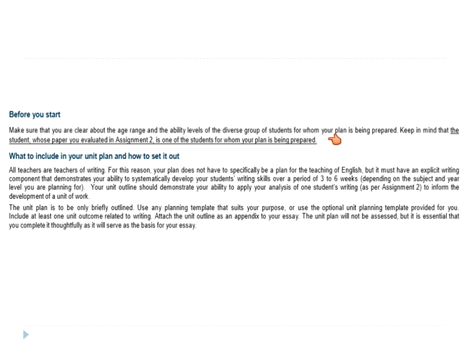And so make sure that you're very clear about the age group. Refer to Assessment Task 2. You evaluated a student work sample. That's the year level you should be working with. Explain whether all students are of the same skill level. If you assess that student as being a competent student at that year level, competently meeting English requirements, curriculum outcomes, then